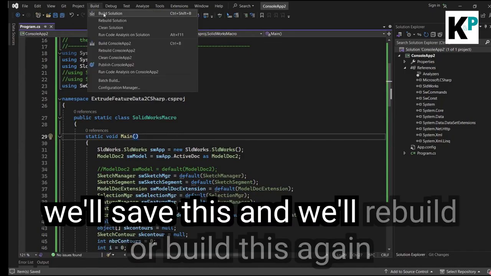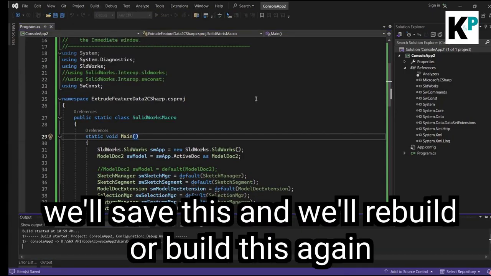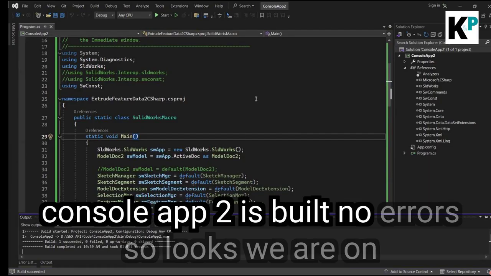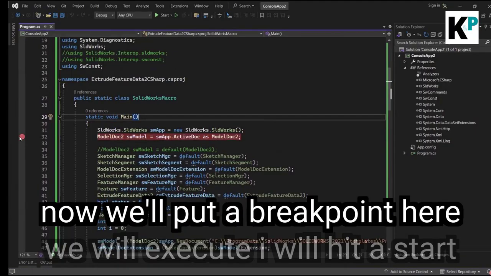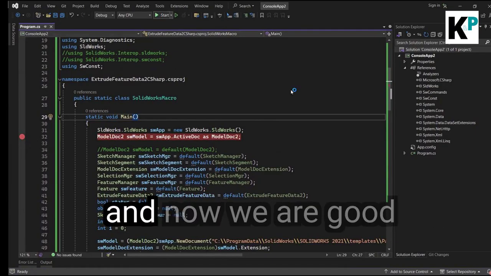So we'll save this and build it again. Console app 2 is built with no error, so we are on track. Now we'll put a breakpoint here and we'll execute. I will hit the start button, and now we are